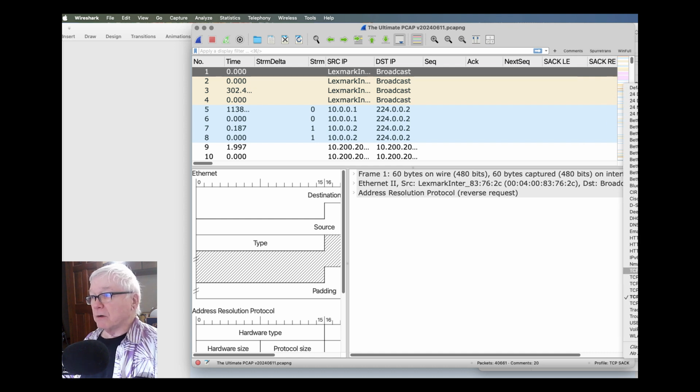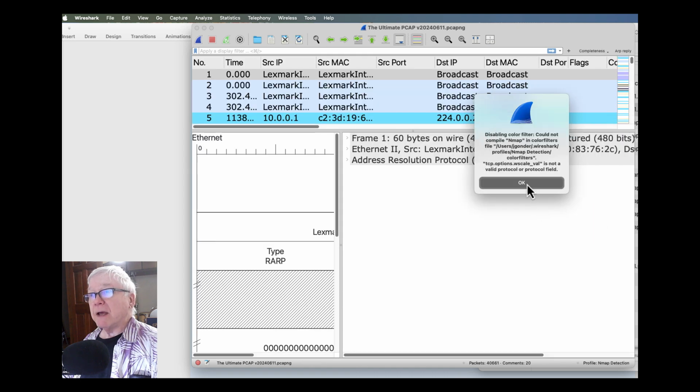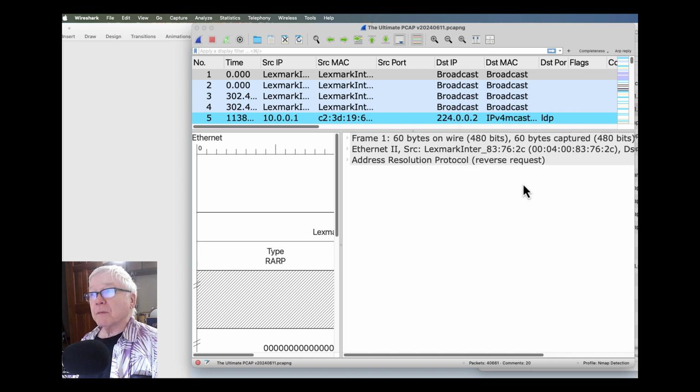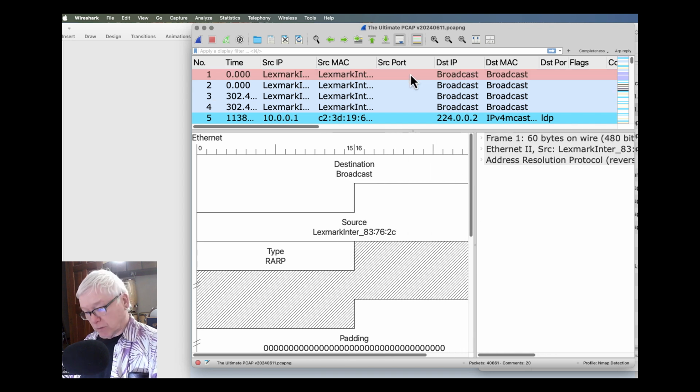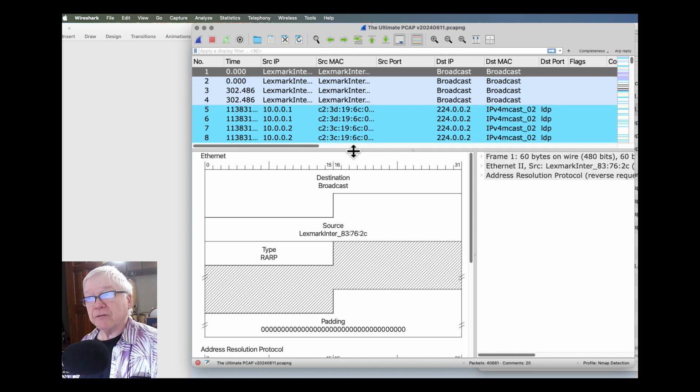I could look for, if I'm looking for Nmap. Ooh, this is interesting. This is an older filter, and in the current version of Wireshark, I'm getting a message saying there are coloring definitions and coloring rules that don't work with the current version of Wireshark. So pretty cool. You're going to see that in some of the older profiles if you have some.